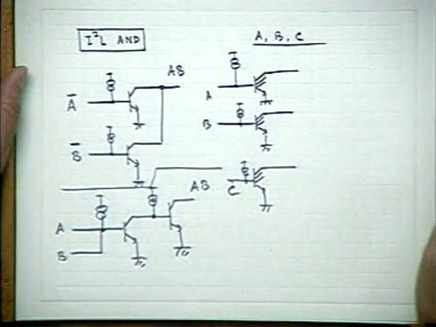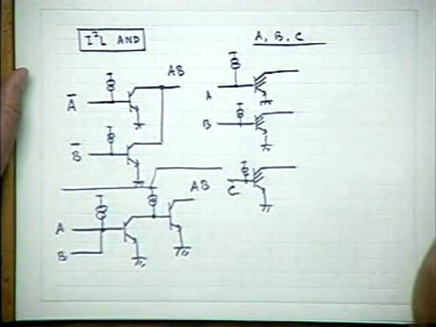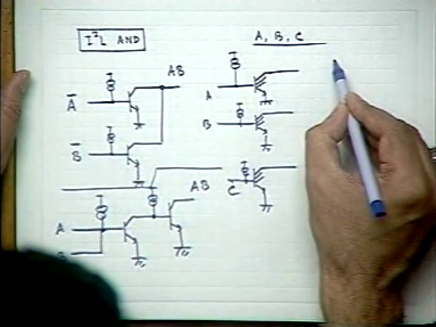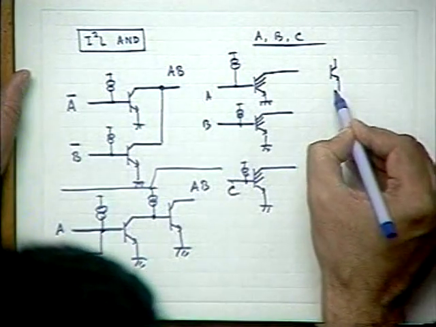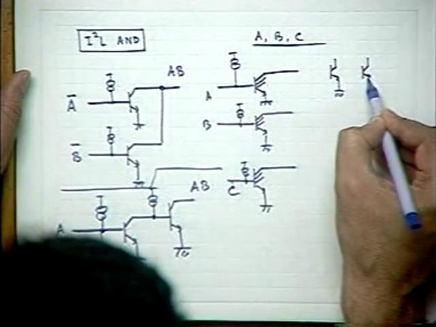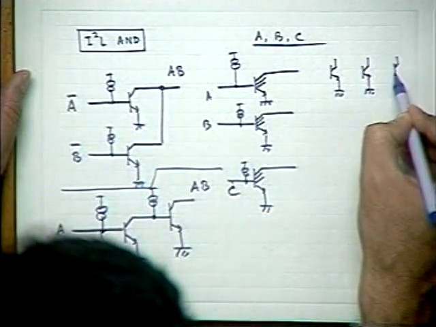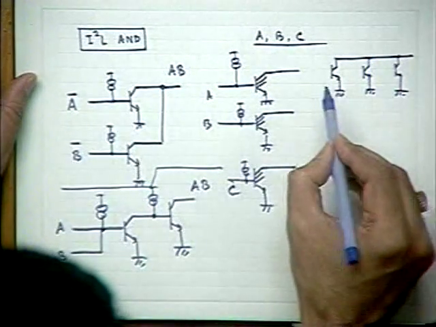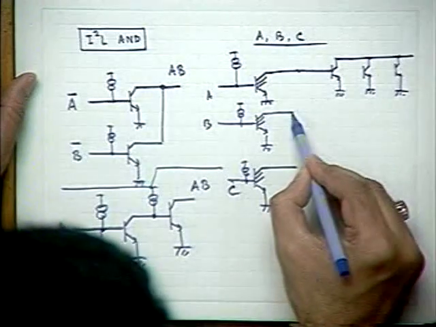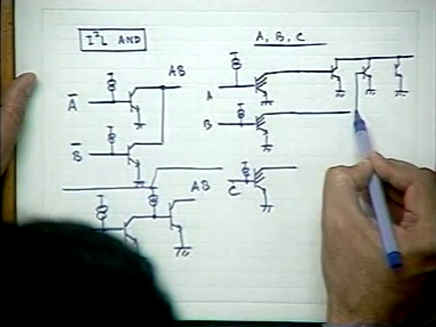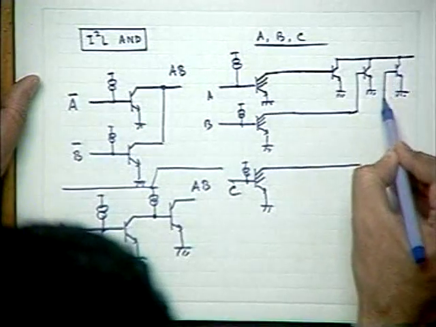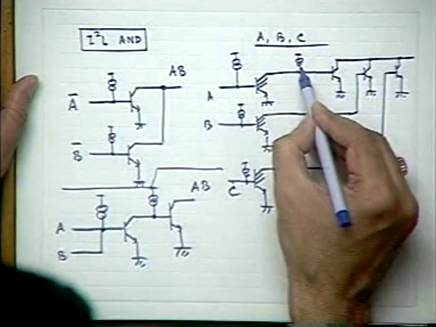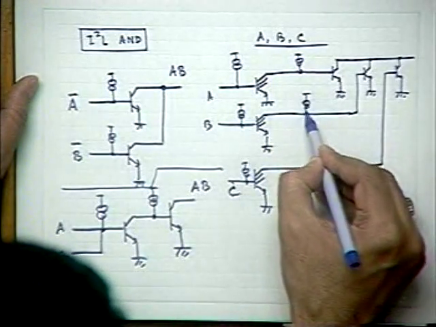Suppose I want to produce A and B and C. What do you have to do? I have to take 3 transistors as before. Normally we draw it simplistically like this. This is 1 transistor, this is 1 transistor, this is 1 transistor. You short the outputs. The only thing is you have to apply this one here, this one here, and this one here. Please remember at each node